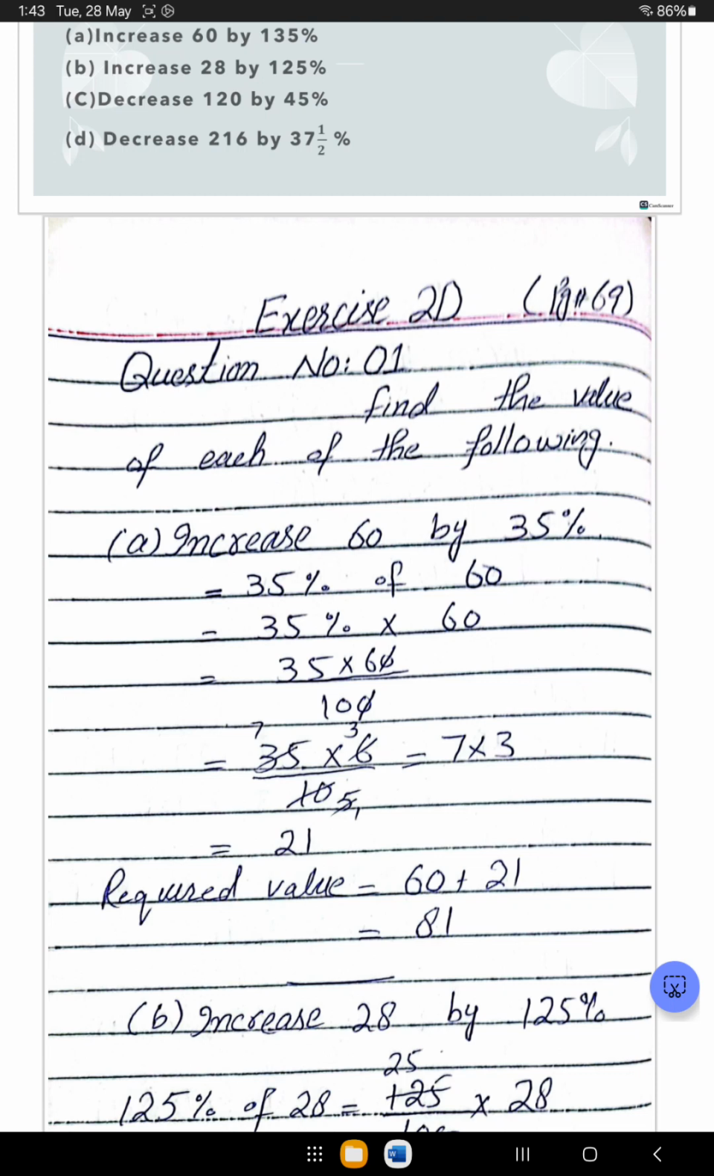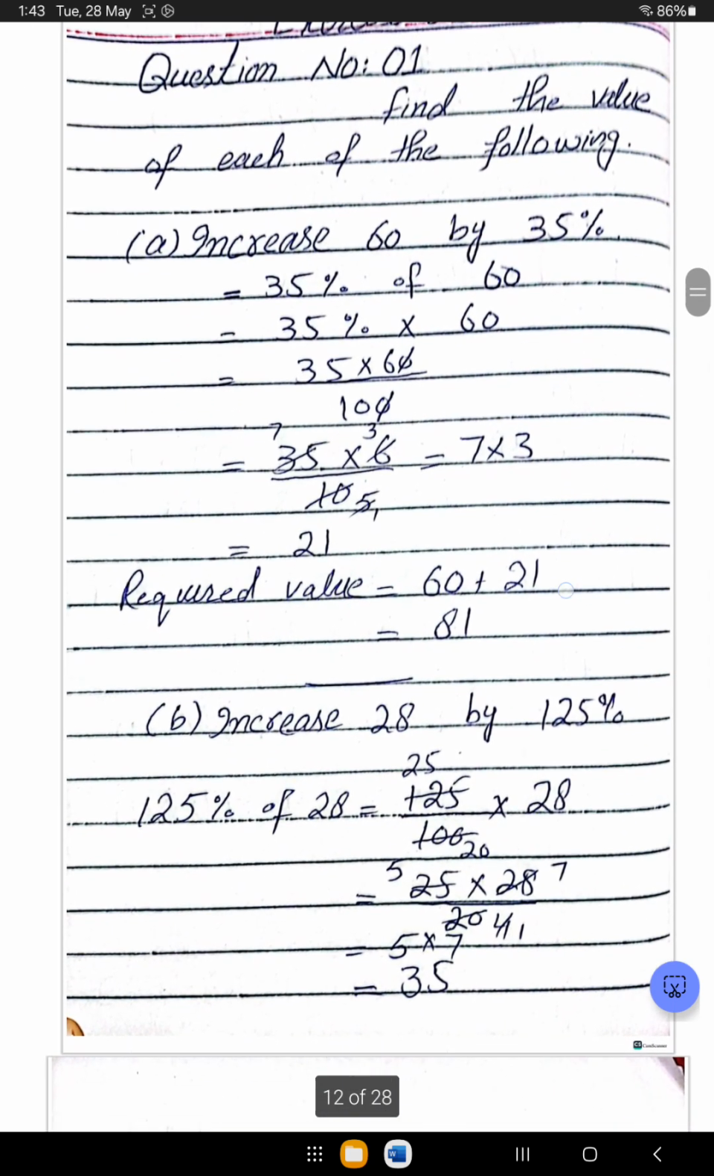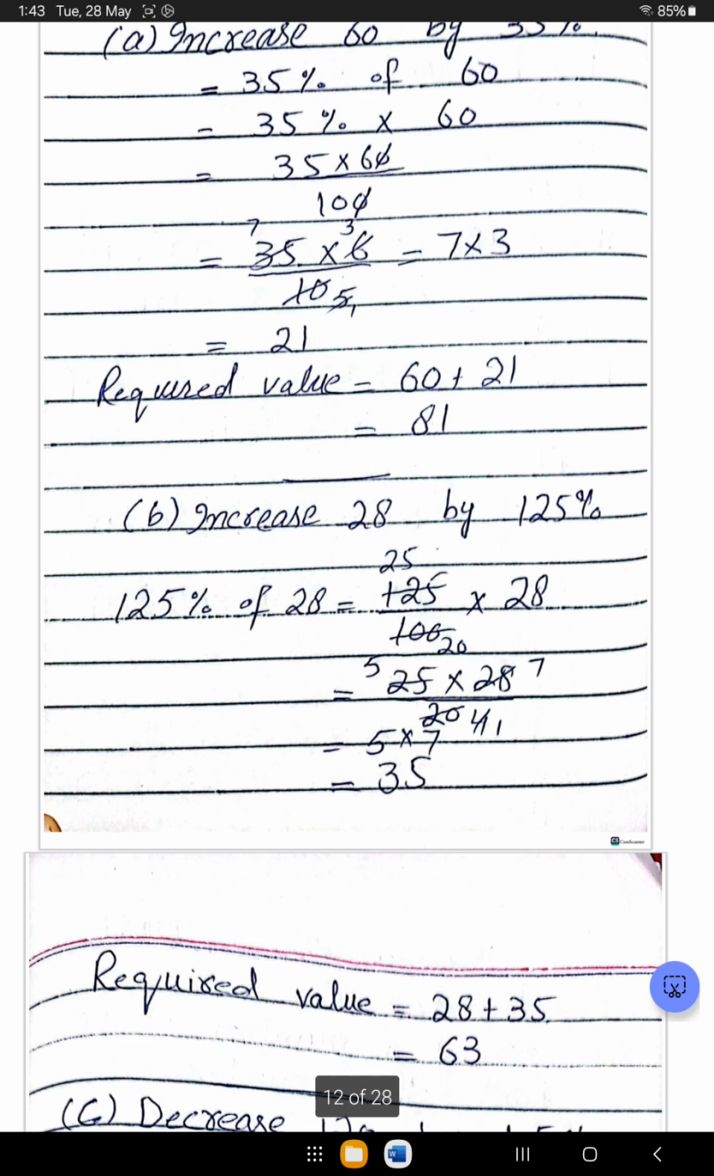For the required value, we just take the 35% increase, which is equal to 21. 60 plus 21, the answer is 81. Question number 1, B part. B part is increasing